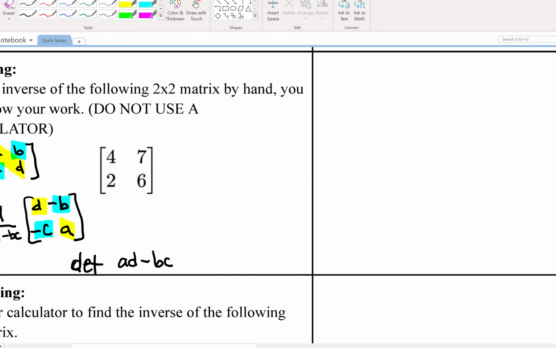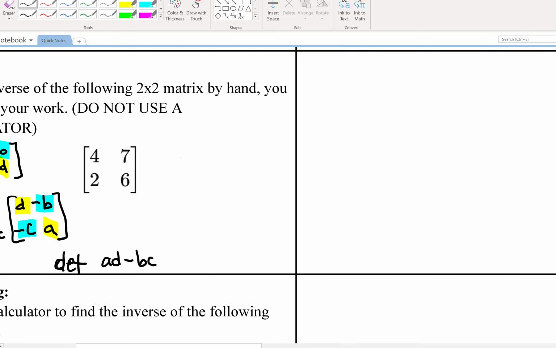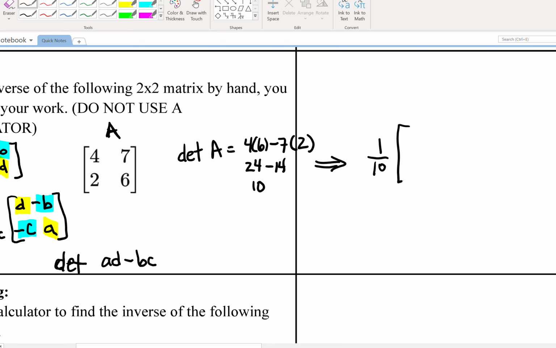Look at this as an example here. So first off, the determinant, let's call this A. So the determinant of A then is 4 times 6, subtract 7 times 2. And this is 24 minus 14, and 24 minus 14 is 10. So from there, the 10 then becomes 1 over 10, 1/10, times,